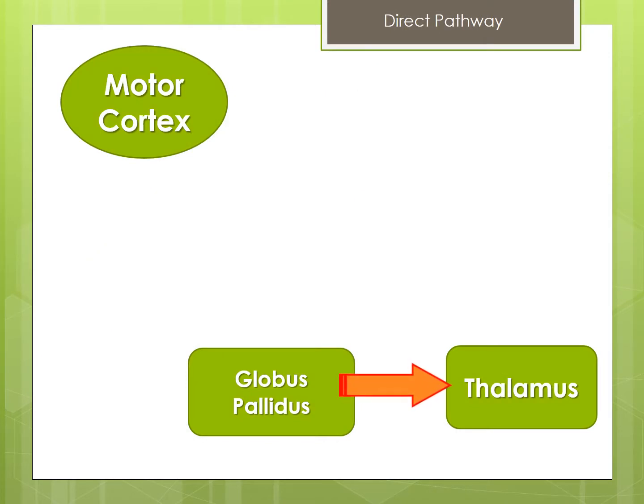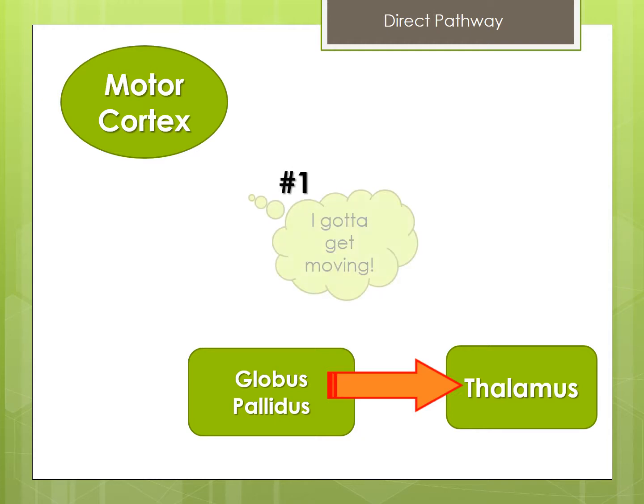So here we see that the globus pallidus has a direct connection with the thalamus. The thalamus would like to excite the motor cortex to create muscle movement. It is the job of the globus pallidus to keep that from happening. This red arrow represents the inhibitor neurons, which are keeping the thalamus in check. So if we want muscle movement,